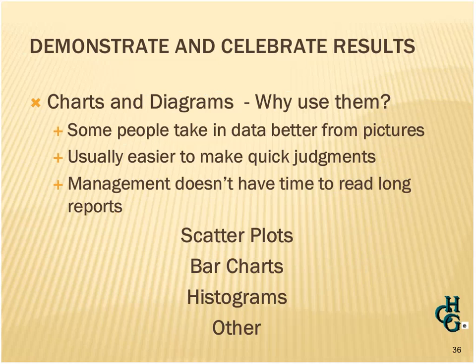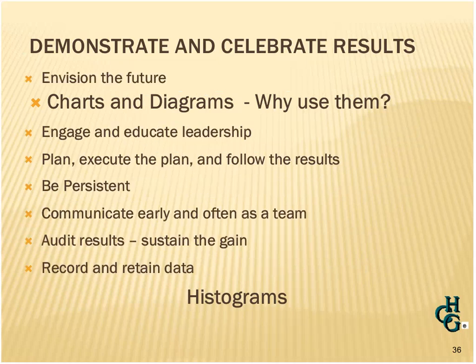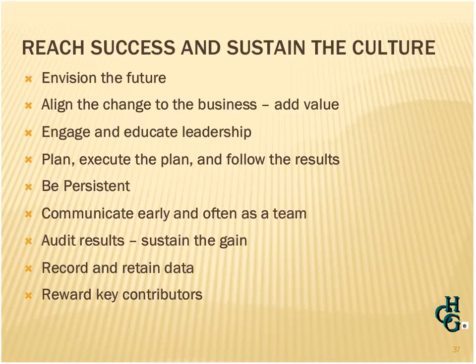But the key is to make it quick and easy to see where you've had success and to plan where you need future efforts in terms of continuous improvement so that you can sustain this system. We want to reach success and sustain that culture. So not just have a vision for the future, but continually envision the future as better than what it is today. Discuss that with senior management. Share those conversations with senior management because you want to align any potential changes with business goals. Don't segregate quality assurance from business. They are tied together. They're inseparable.